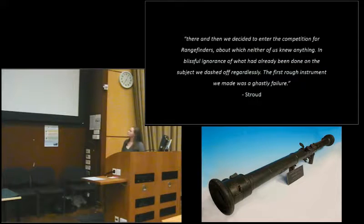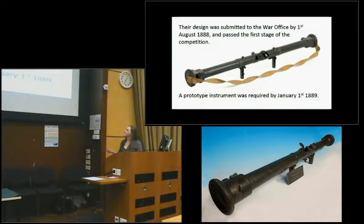There and then, we decided to enter the competition for rangefinders, about which neither of us knew anything. In blissful ignorance of what had happened, what had already been done on the subject, we dashed off regardlessly. The first rough instrument we made was a ghastly failure. So their design was submitted to the War Office by the deadline of the 1st of August 1888,